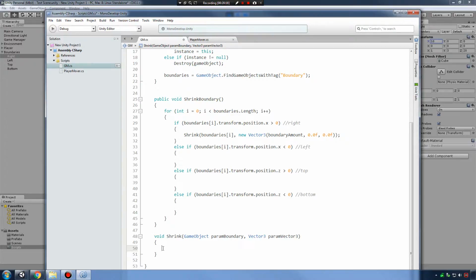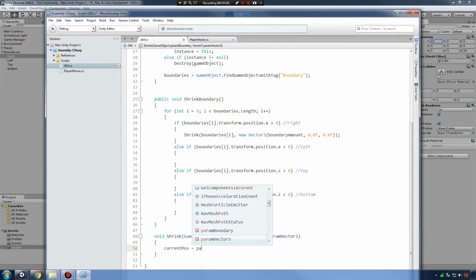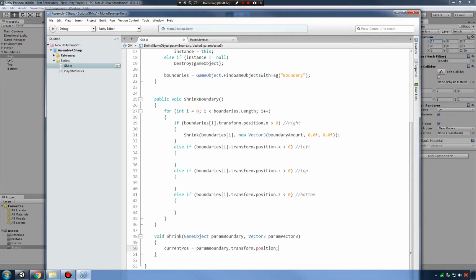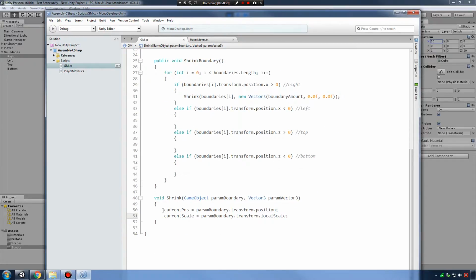Well, the first 2 lines of code we need to do, we need to update our current position equals our paramBoundary.transform.position. So now you can see why this currentPos is so important, because we need to have a value that can hold just the current position of whatever boundary we're passing in to our shrink function here. And then we'll do the same for currentScale equals paramBoundary.transform.localScale, like so. So now that we have these placeholder variables right here, I guess they are pretty valuable to this function, we can actually start